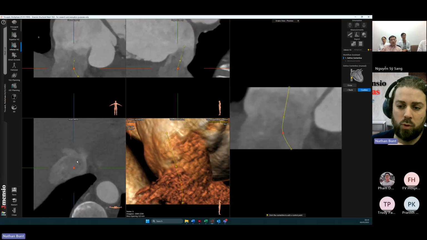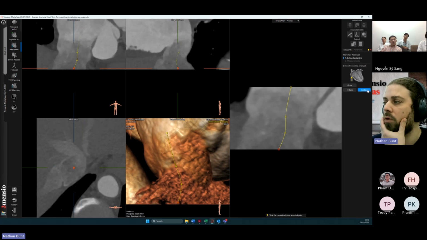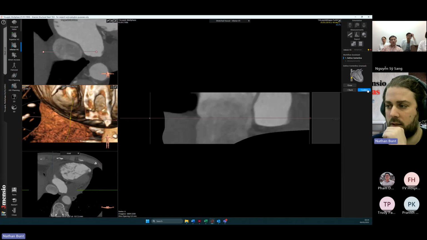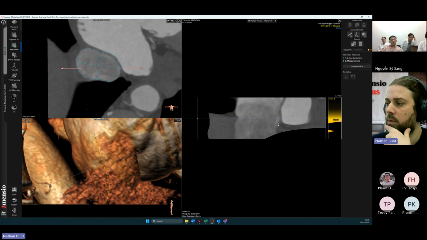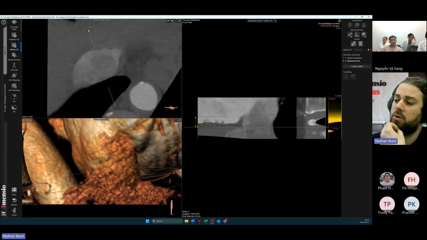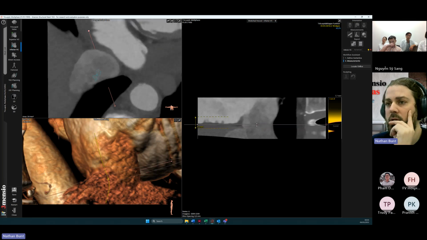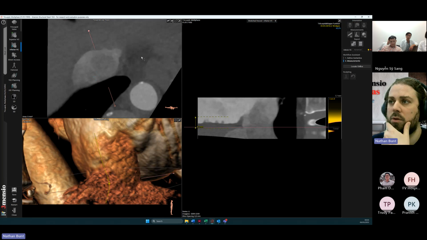And this workflow is quite similar to, for example, the femoral workflow in other modules as well. So we can create a center line. Along the center line, we can perform length measurements, for example, to see how far the distance is to the top hepatic. We can also do diameter measurements, which can be either manual